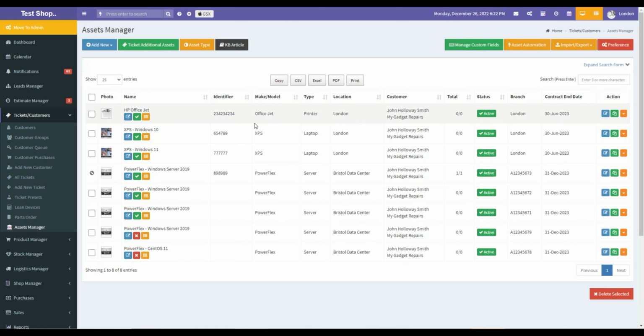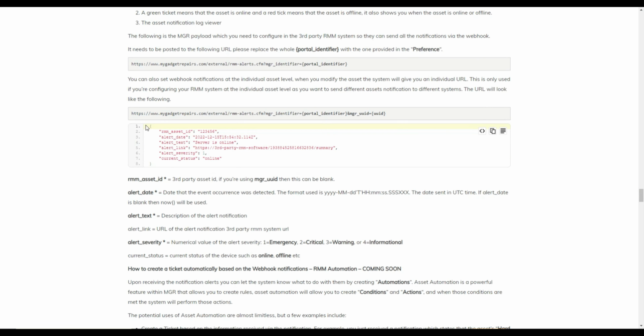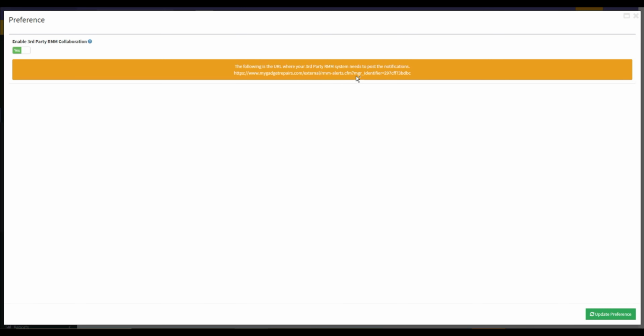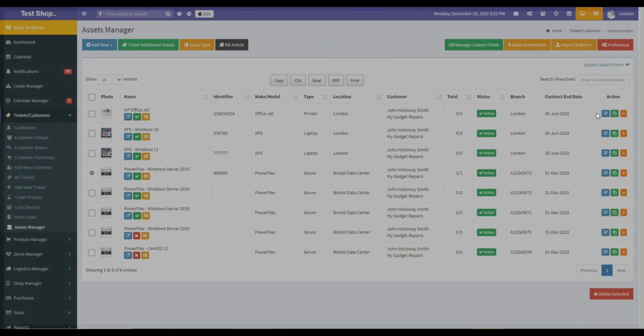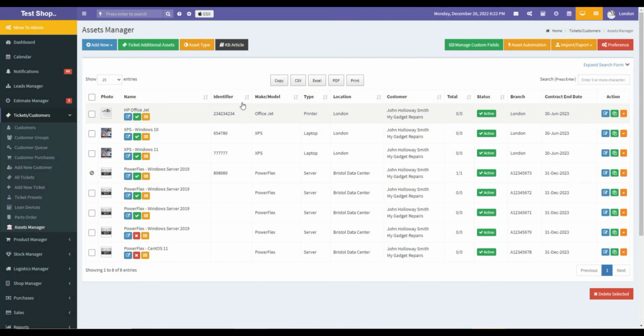Let me show you the MGR payload which you need to configure in the third-party RMM system so they can send all the notifications via the webhook. It needs to be posted to the following URL. Please replace the whole portal identifier with the one provided in the preference. You can also set webhook notifications at the individual asset level. When you modify the asset, the system will give you an individual URL. This is only used if you're configuring your RMM system at the individual asset level, as you want to send different assets' notifications to different systems. The URL will look like the following: